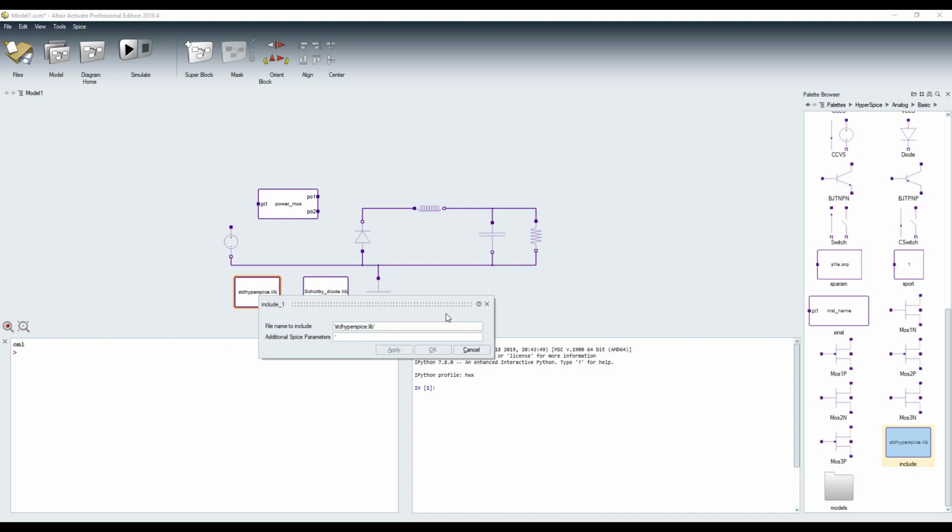So here the file name is power underscore mos.lib and is in the same directory, and we connect the drain, the source port,